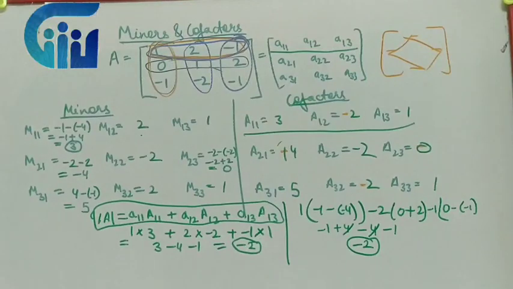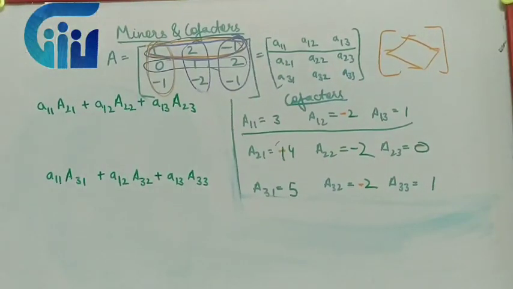Now let us see, this is the result when we are multiplying the same. If I multiply row 1 elements with row 1 cofactors, then I am getting the value of the determinant. What will happen if I multiply row 1 elements with the cofactors of row 2? Let's see what result we will be getting if we multiply the first row elements with the cofactors of the second row. If we are taking row elements, we will take row cofactors only. If we are taking column elements, we will take column cofactors only.